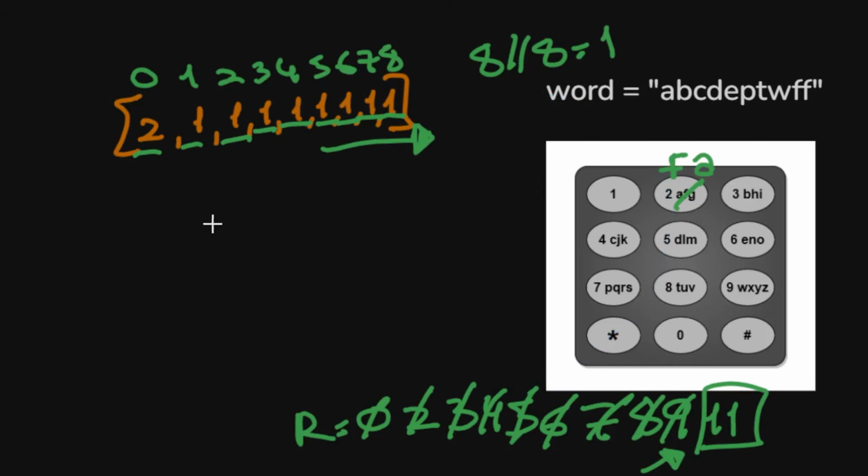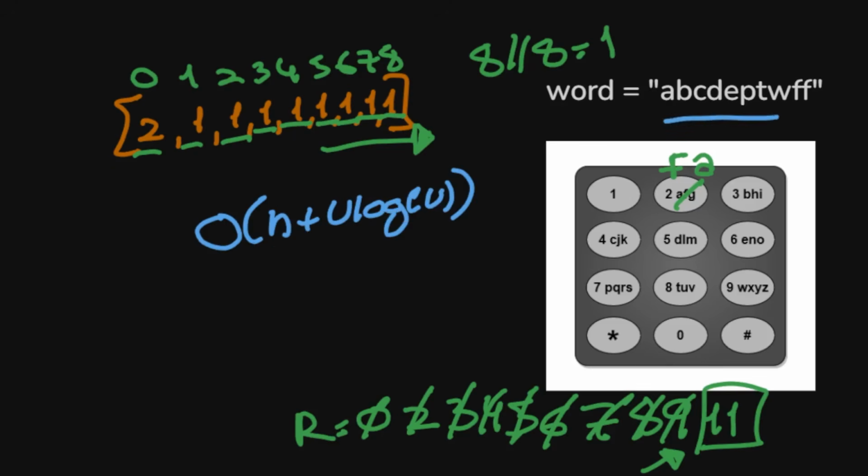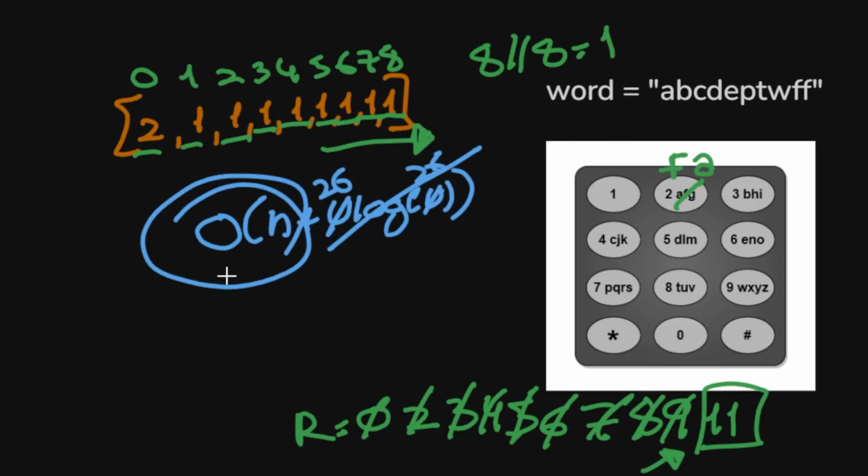Overall time complexity here will be big O of n plus u log u. Why? Well, first we have to iterate all the characters in the word that we are given, and then we have to build this sorted array. Remember that sorting requires n log n, and here n would be the number of unique characters. Given that we have lowercase English letters, this number can be up to 26 as a maximum. So this would be overall big O of 1, which means that time complexity is roughly big O of n,